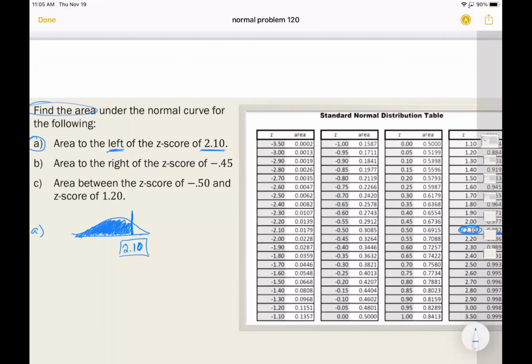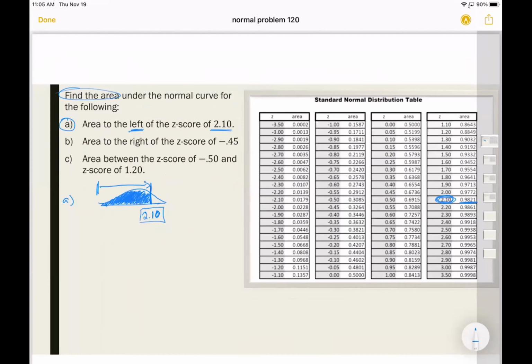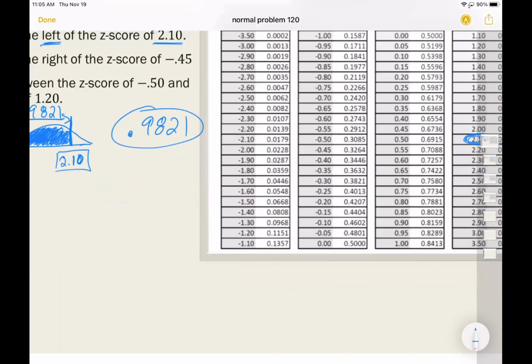Meaning in this case, the area to the left, from here to here, is 0.9821. So my answer for A is 0.9821, and that is your answer for the area to the left. If they ask you for the percentage instead of the area, all you need to do is move the decimal two places, and that is how we have